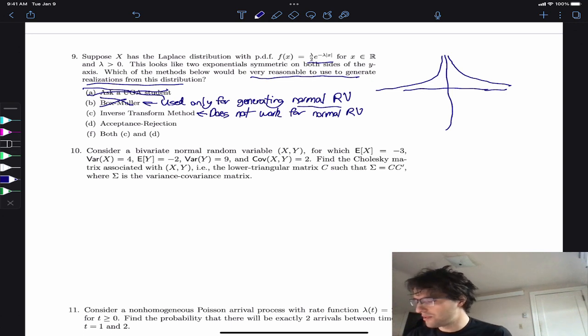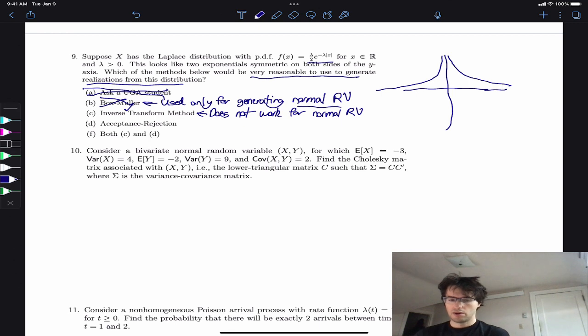And unless the PDF is something pretty crazy and large that is not easily integratable to a CDF, the inverse transform method will most likely work. So I think this is a valid way. But in this problem, there's also an answer choice that lets you pick 2 of them, so let's keep going. Answer choice D is